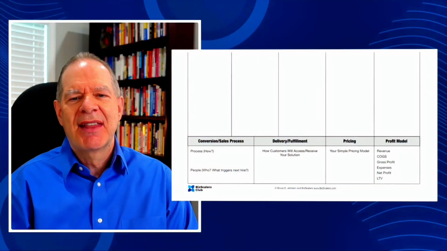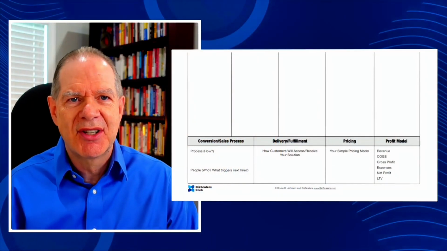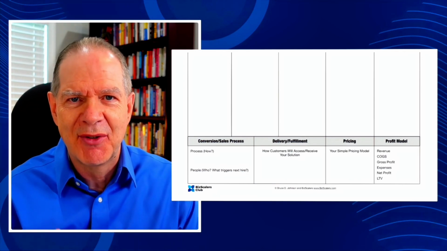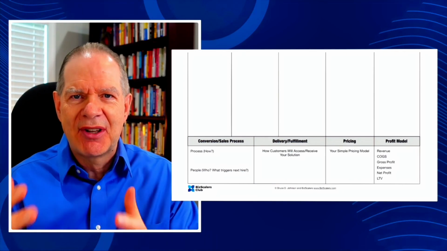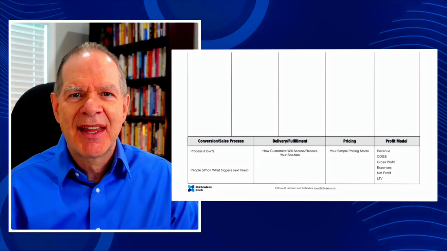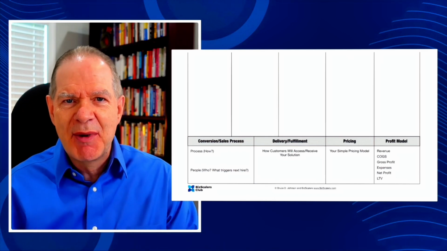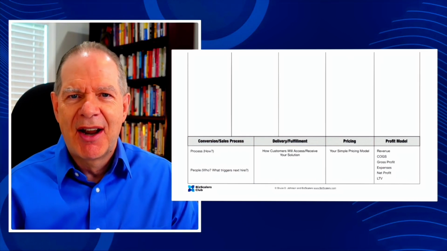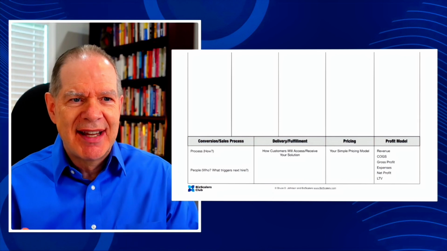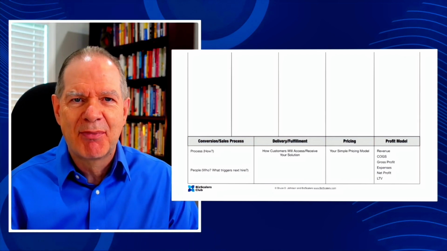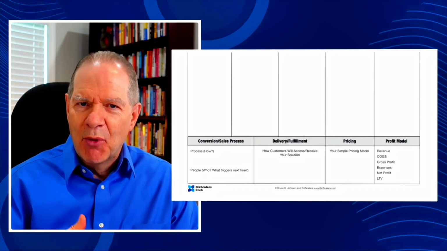And that leads us to the 9th box, and that is the profit model. So at some point you need to forecast, whatever this model is, how many customers or clients do you think that you're going to get? And then based on your COGS and your expenses, when it's all taken out, are you going to have the profit that you want? So if you want 10, 15, 20, 25% profit at the bottom, work the numbers